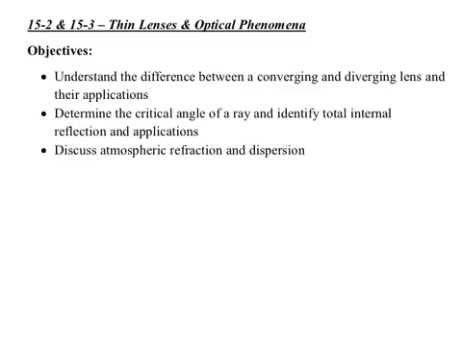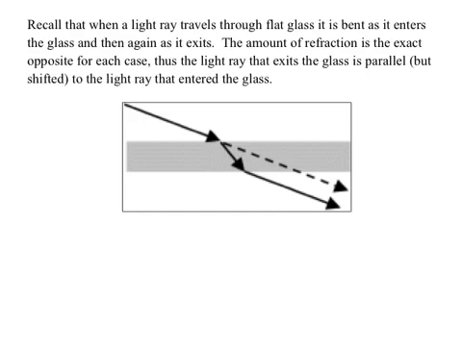15.2 and 15.3, thin lenses and optical phenomena. The objectives here are to understand the difference between a converging and diverging lens and their applications, to determine the critical angle of an incident ray, to identify total internal reflection and its applications, and then finally to discuss atmospheric refraction and dispersion. First, let's recall that when a light ray travels through a flat glass, it's bent as